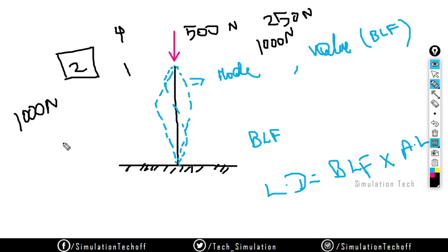So that means at this value your component will surely buckle. If you get a value which is lesser than 1, that is BLF in this analysis. So obviously the output from this analysis is a BLF factor. If you get a value lower than 1, that means your component will surely buckle. If you get a value which is more than 1, that is not an issue. You have an option of 1 or 2 times loads to be withstood by the structure. So the structure is okay for that.